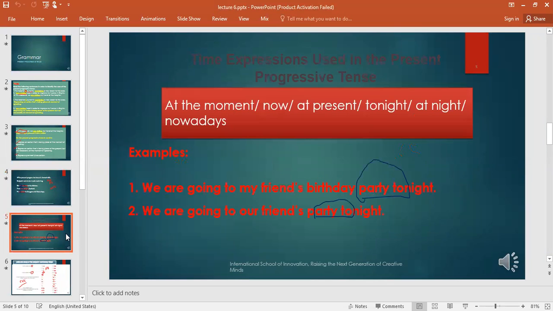Now we move to some time expressions used to express the present progressive tense. Of course, we can use at the moment, now, tonight, at night, nowadays. All of these are time expressions used to express the present progressive tense. Okay, like at the examples here, look, we are going to my friend's birthday